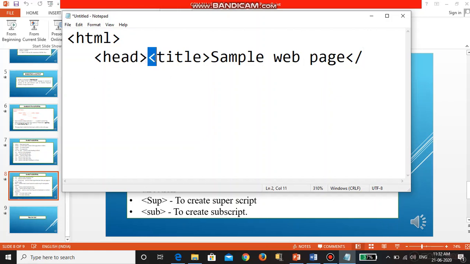So this is the opening tag, and the closing tag will be like this, starting with a backslash.